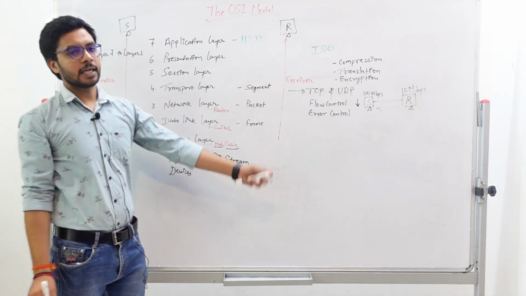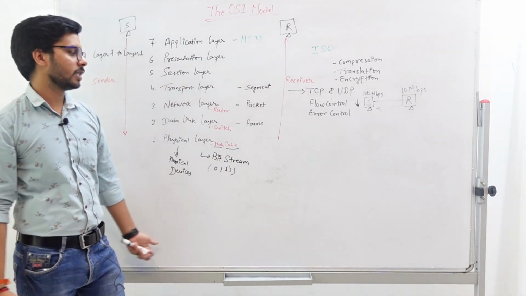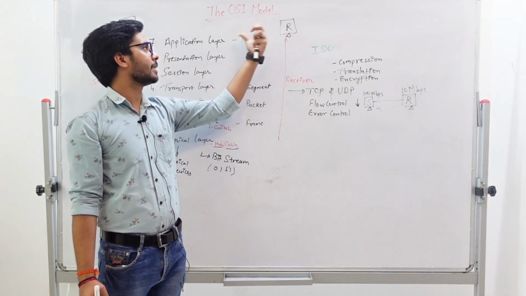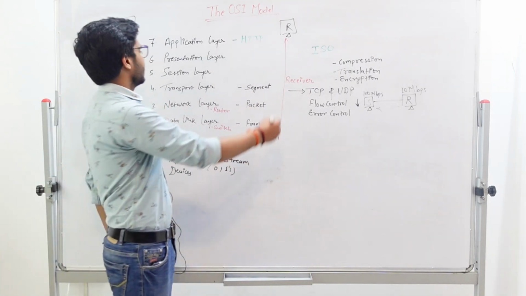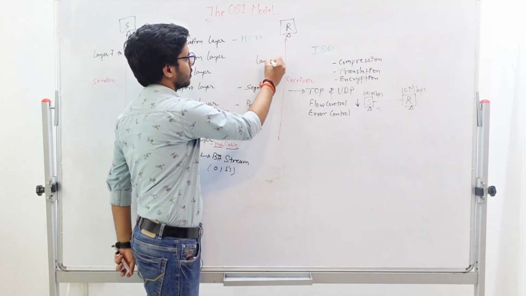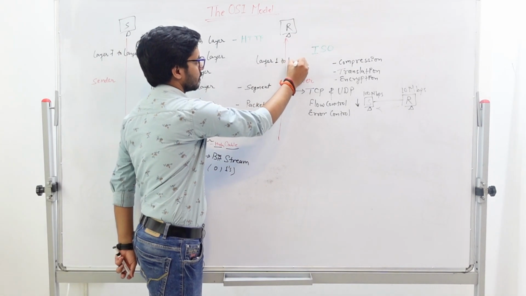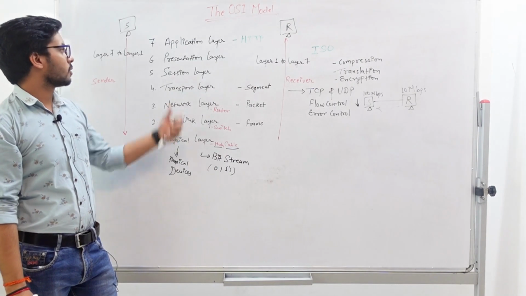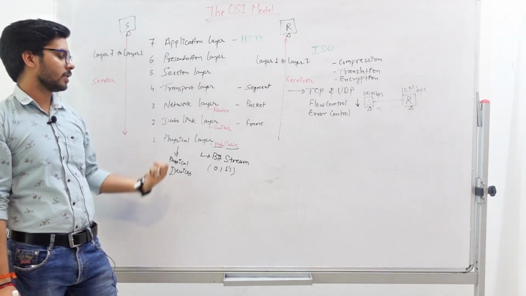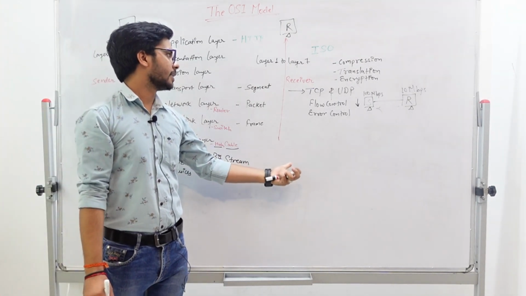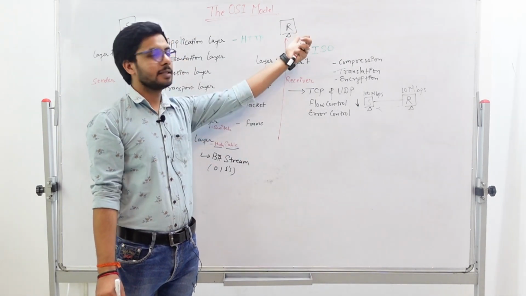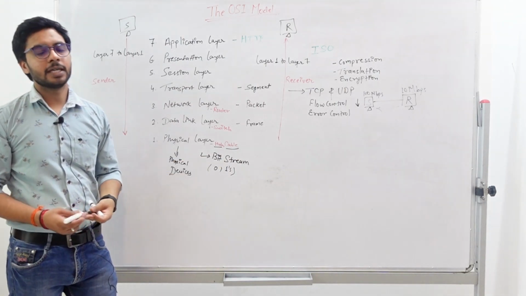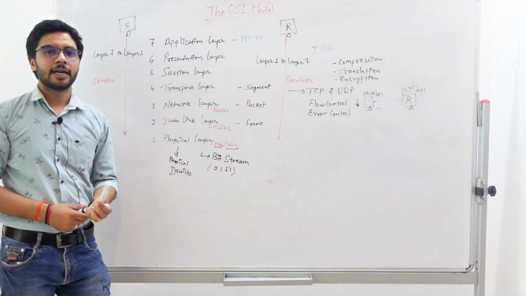And on the receiver side, when you are receiving some data, obviously you will receive it on the physical wire, and then you will get the output inside the application. So on the receiving side, the data will travel from layer 1 to layer 7. So on the sending side, the data travels from layer 7 to 1, and on the receiving side, the data travels from layer 1 to layer 7. In this way, your OSI model helps us understand the process of communication.